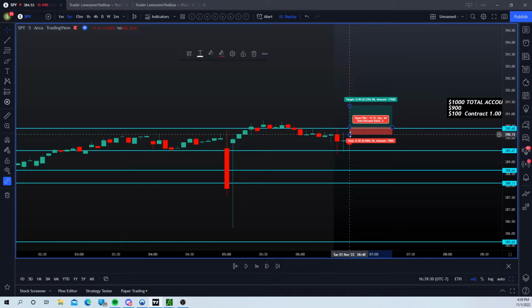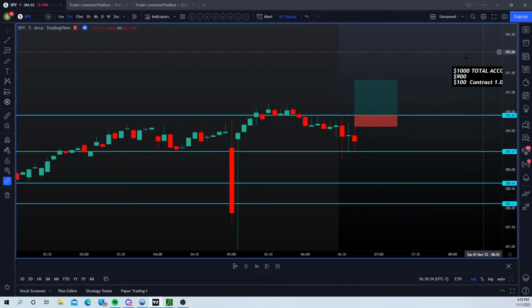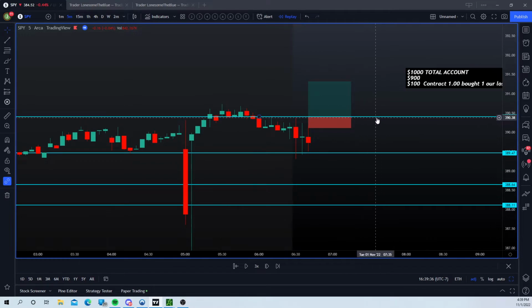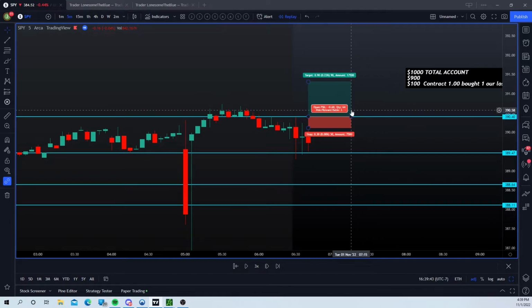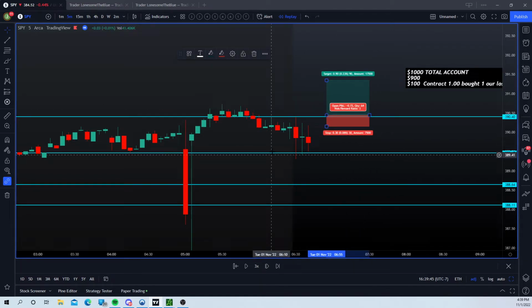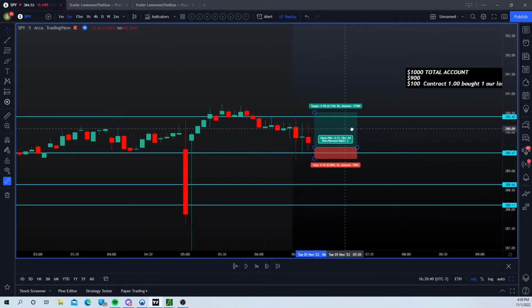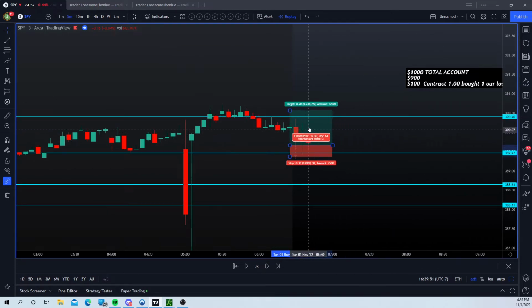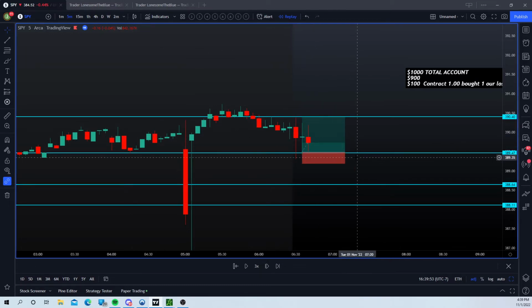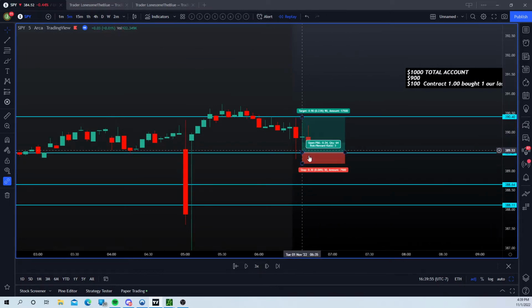So I'm going to give you the right way and the wrong way. Let's say you have your calls, your stop loss has to be below this level. Whatever level you entered, that's where your exit is going to be. So for example here, if you entered in between this range, 390 and 389, maybe you entered at this candle, you will have something like this below 389. So if you entered here, guess what? Your stop loss is like this. You want to exit once it hits below that level.